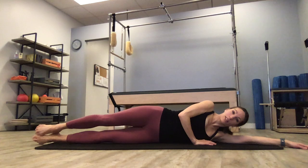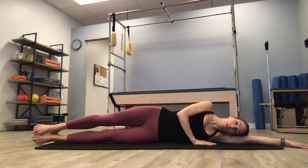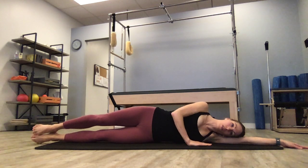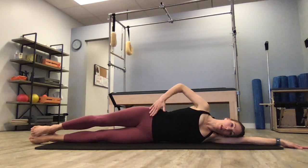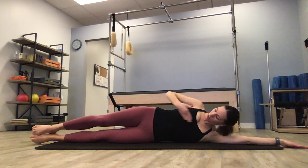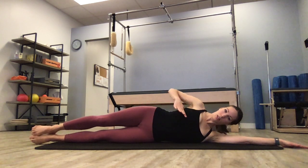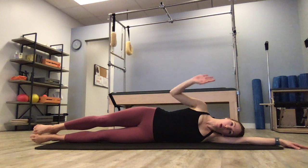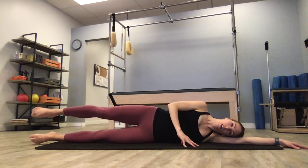You're gonna have both legs long. Top arm can reach, I really like it reached out. Bottom arm is down. Ribs and hips are nice and stacked, so you might need to look down the length of your body to see if your ribs are sitting forward or back. Nice, easy alignment. Might be a little bit wobbly, so you can use this hand here. You're gonna lift the leg up,